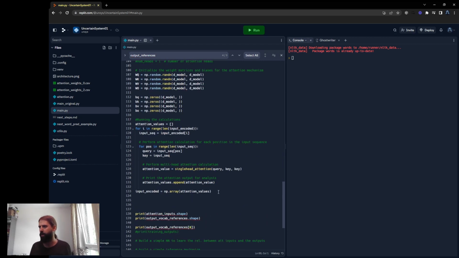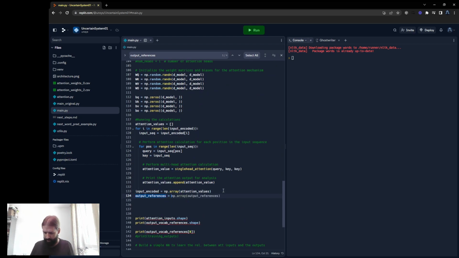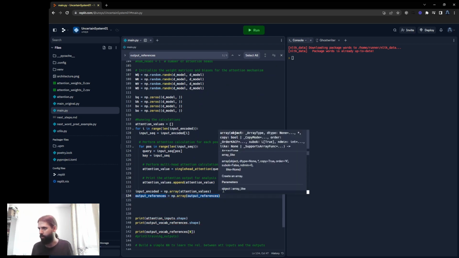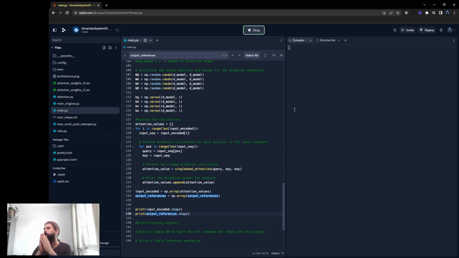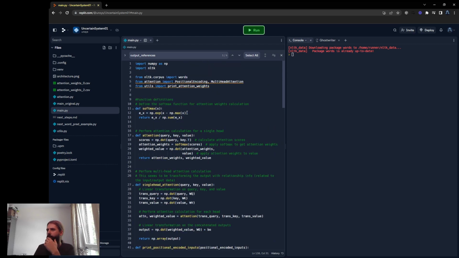So we can just move that here. This is just stupid, but at least I know that we have it here. So I have a reference of the input encoded and an output reference, and so now I want to just essentially print their shapes, because they should have the same shape, right? And the thing is, if this is already up to date right now, then I should just